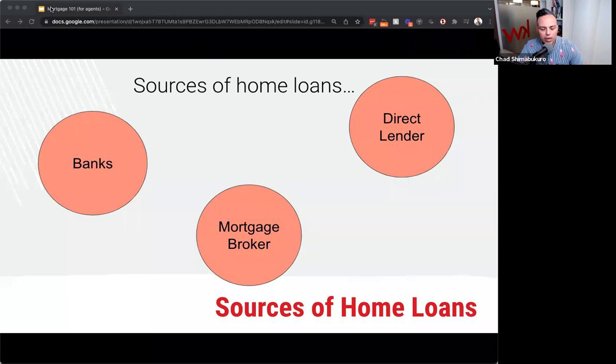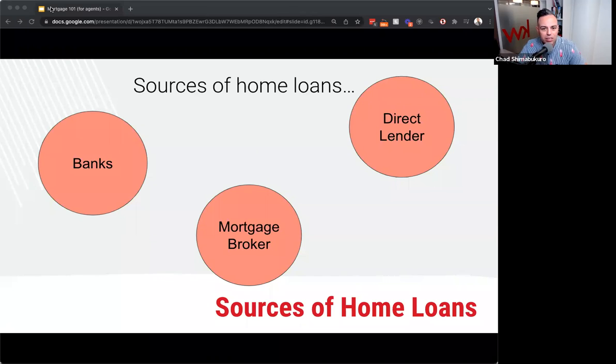But if you're in contract, if you think about it, when you walk into a bank and you deposit your check or you're getting money out, on the countertop there's that little plastic sign and it says today's interest rates, and it says 2.75%. You're like, wow, 2.75, that's pretty good, because right now it's 3.5 as an example. Then you look at the fine print and it says 2% origination. So first and foremost, know that you're going to a place to get a loan whose specialty is not loans.